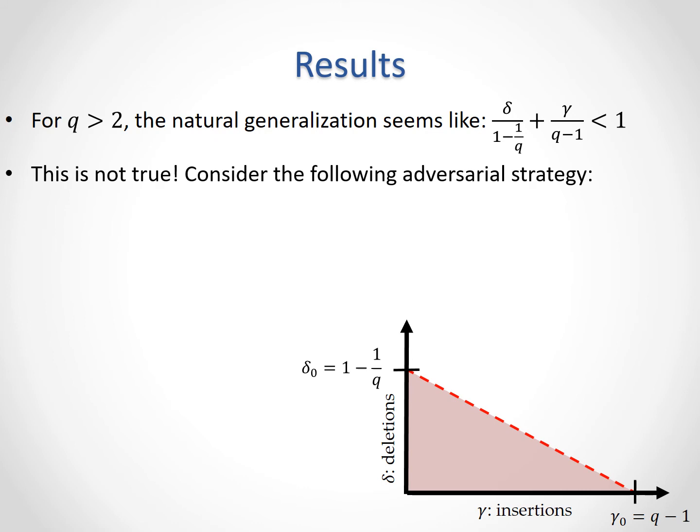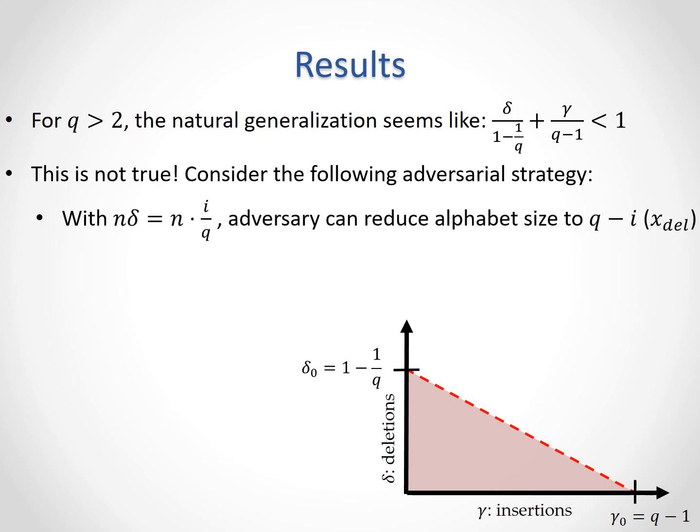And in order to see this, consider the following scenario. Let's say delta is equal to i over q for some i between 1 and q minus 1. With this many deletions, an adversary can delete all instances of the i least frequent symbols in the alphabet. So the resulting string would be a string of length n times (1 minus delta) over an alphabet of size